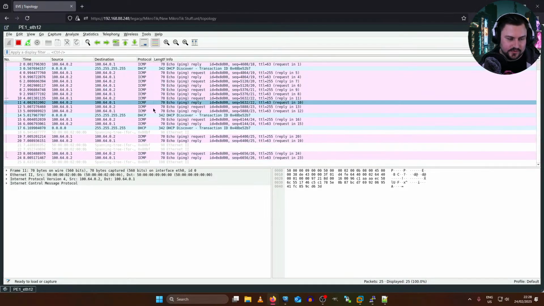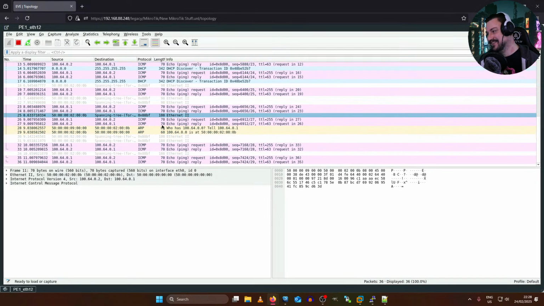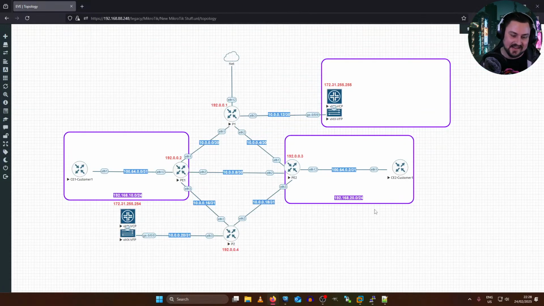This is awesome. I love it. I love it. This is so cool. Now I just need to add routing on the CE2, and that would now allow these two remote ends to